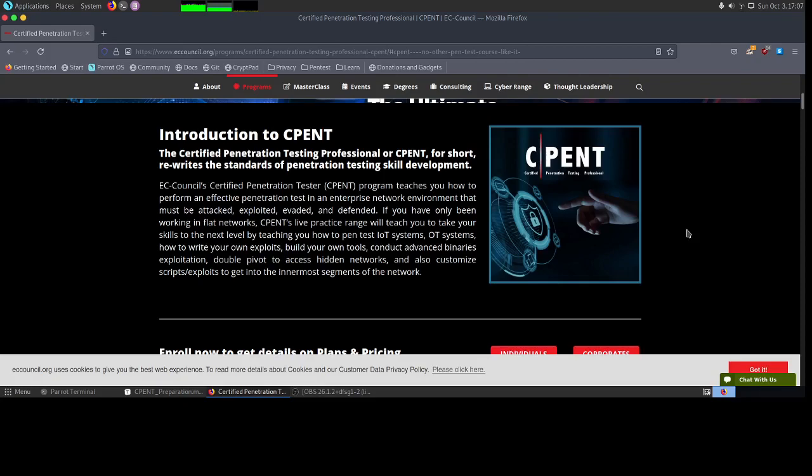That being said, let me quickly talk about some of the other things. For example, there is an Active Directory range. Again, in the Active Directory range, when you start, it will be very frustrating for you. You might not be able to find any of the machines, and that was one of the problems when I started my journey with CPE&T.